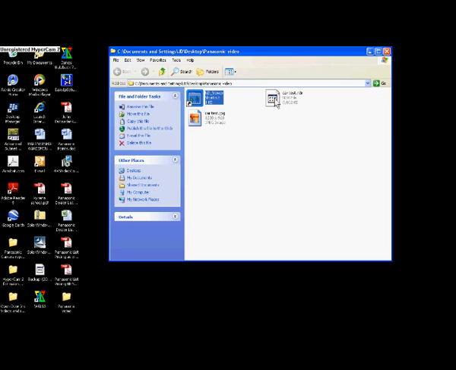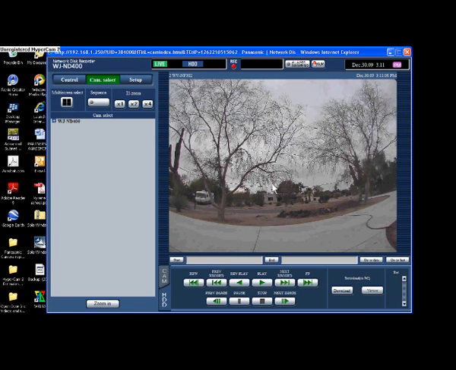You can see this is 7.87 megs. So it may be emailable depending on how good your email is at sending larger files. But the better you get at clipping video to exactly what it is that you want, then you can shrink that down and get it to a manageable